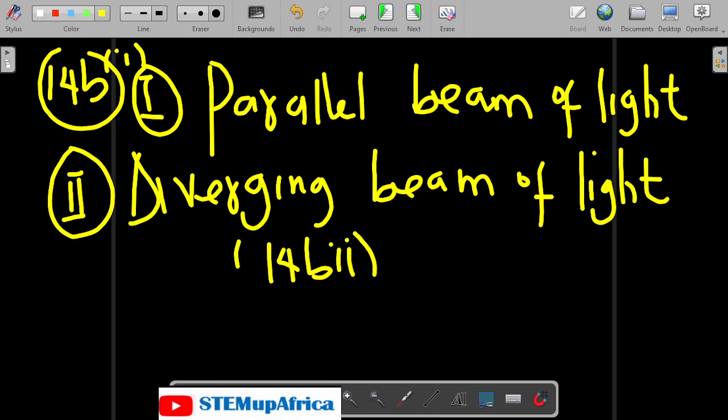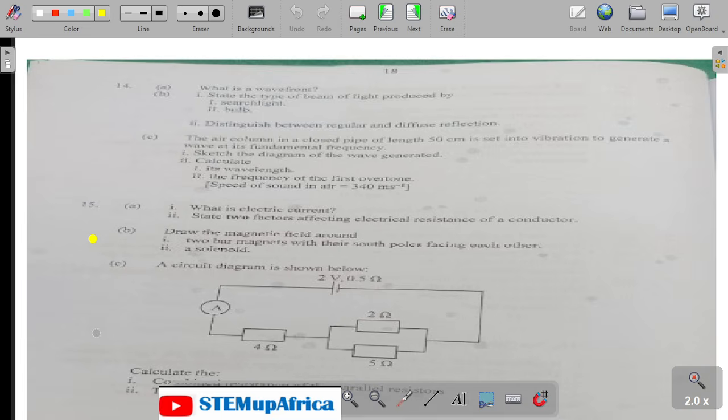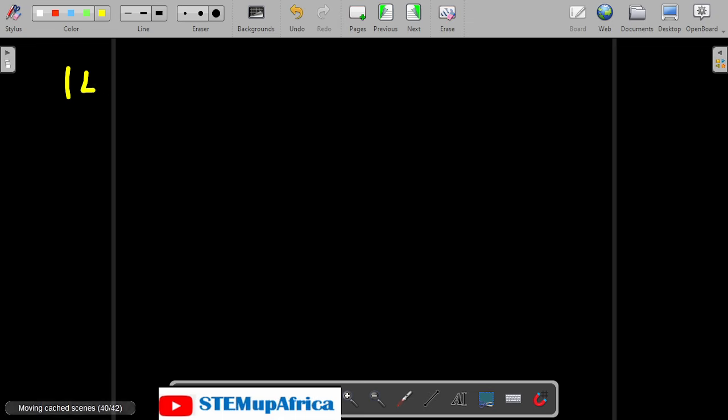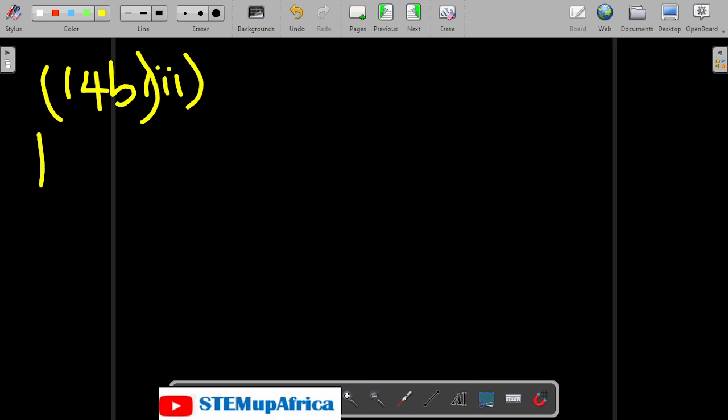Let's look at 14B, Roman figure 2. It says distinguish between regular and diffuse reflection. This came out in the practicals, regular and diffuse reflection. So let's look at that. 14B, Roman figure 2. Regular reflection